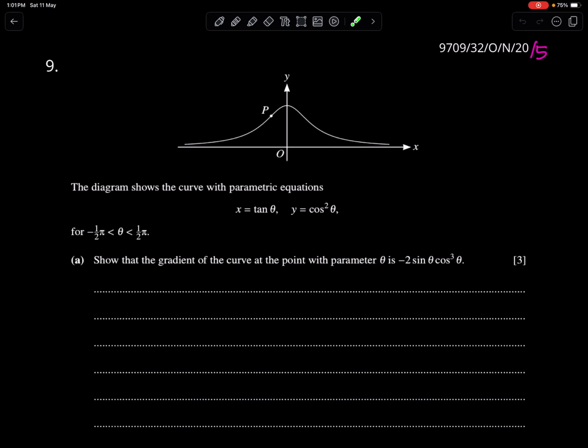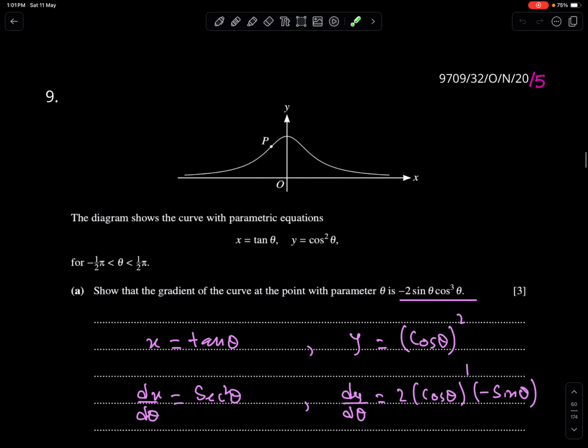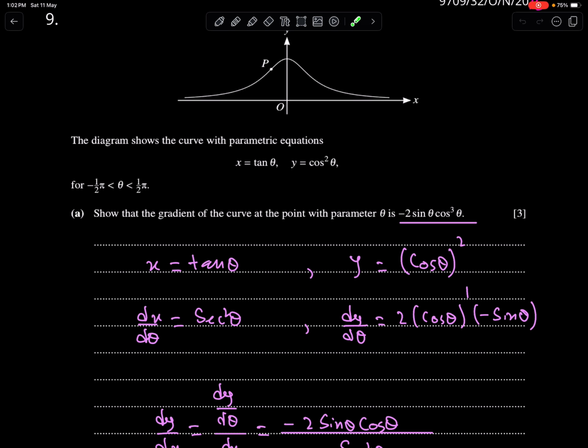Well, I already have discussed this part in my first lecture of parametric equations. You can watch that lecture to understand this part. For formality, I'm just discussing the solution. When we differentiate tan theta, we get sec square theta. This is a composite function. In order to differentiate a composite function, first make the power a coefficient, copy the function, subtract the power by 1 and then differentiate the function.